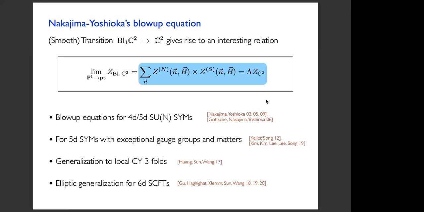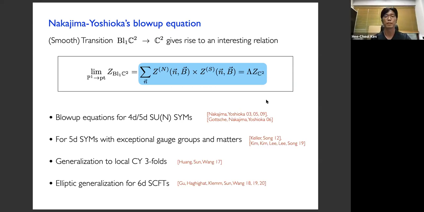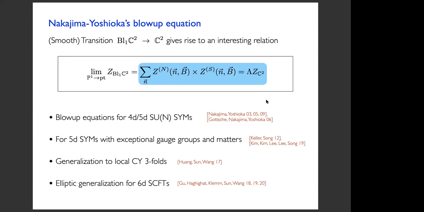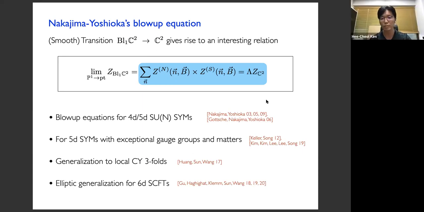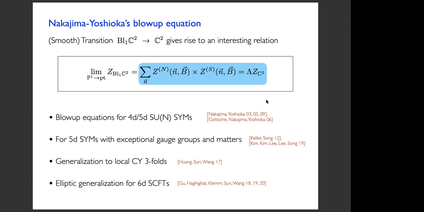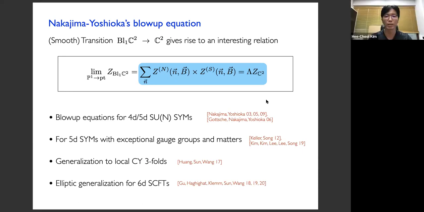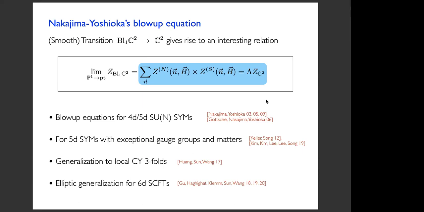Excuse me, can I ask a short question? I understand that the blowup volume does not appear in the partition function, but still, can we guarantee the absence of any discrete difference? Blowing up and not blowing up is discretely different. It might be, right? Yes, but at the level of the partition function, we don't have the parameter dependence. But that's why I'm saying it can be discretely different. It might be, who knows? Yes. For a concrete example, you can compute and compare, but can you give a general statement for any omega-deformed partition functions on C2?